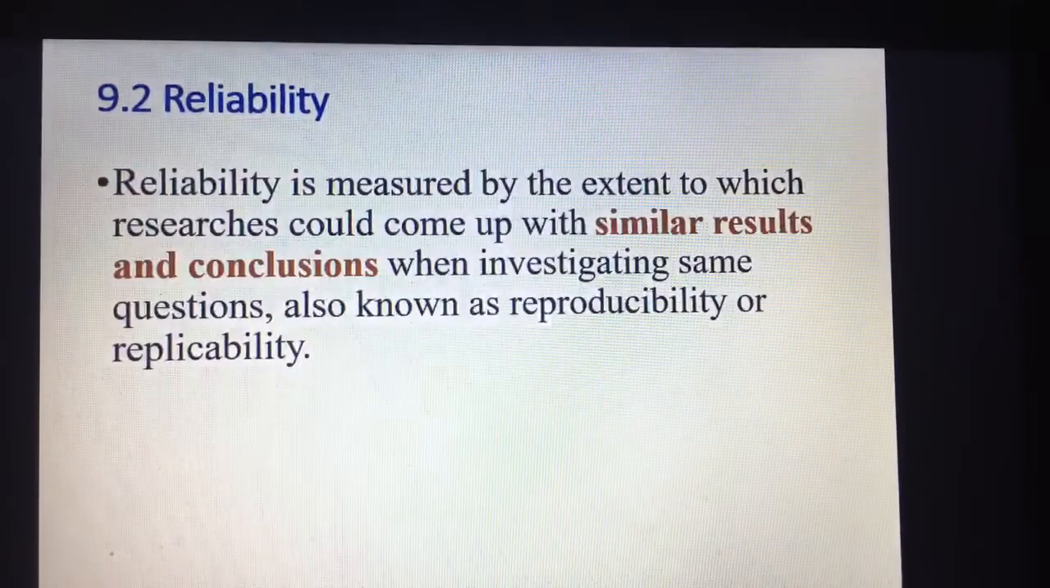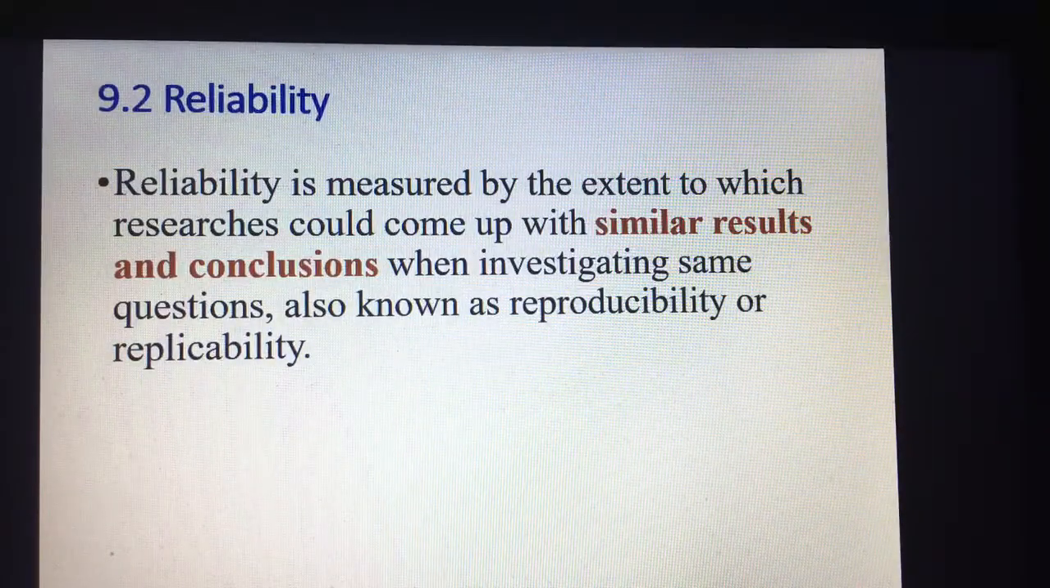We looked at research quality, and we talked about validity in the last episode, which is EPI 9A. And now in EPI 9B, we're going to talk about reliability and all the other elements that we haven't covered in the previous episode. Reliability is also important in research quality, because reliability is measured by